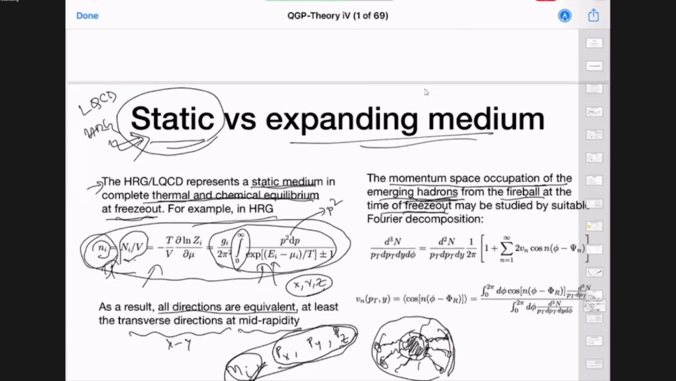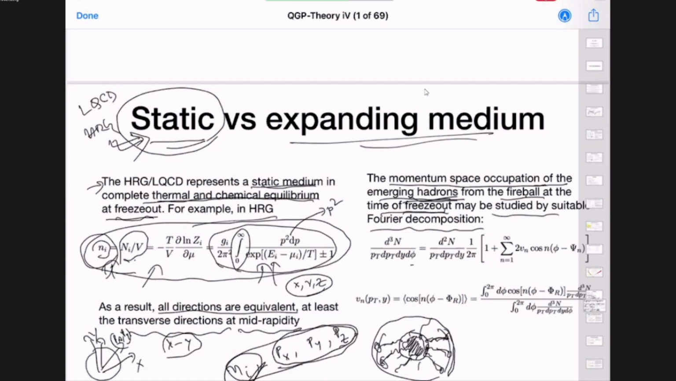So if you want to study this momentum space occupation, one thing that you could do is a suitable Fourier decomposition, right? For example, you want to understand if there is any difference between x and y. Suppose we are at mid rapidity, so we have this transverse plane, x and y, and there are different momenta with different components px and py. You want to study that